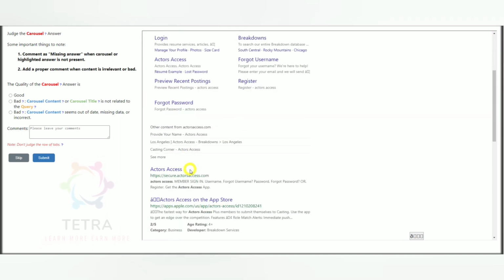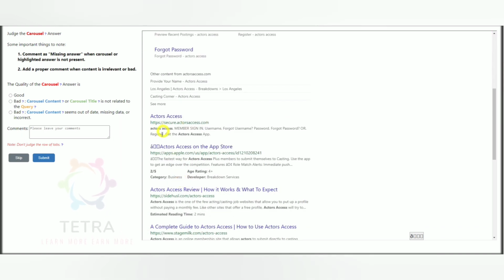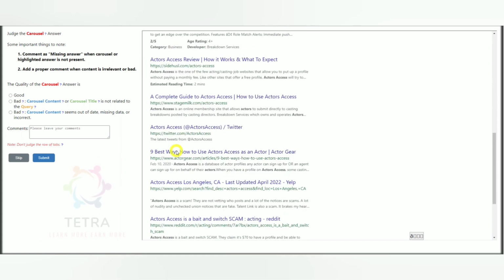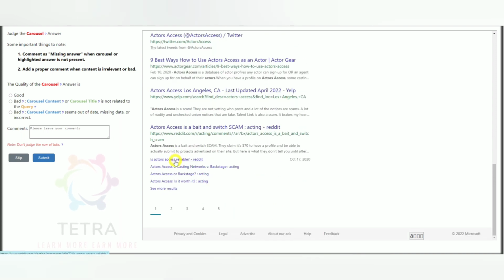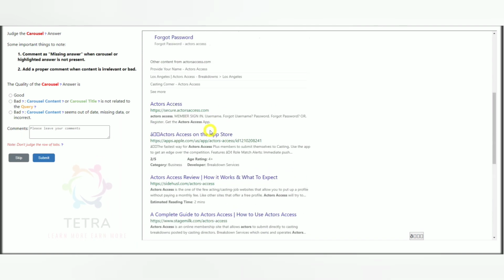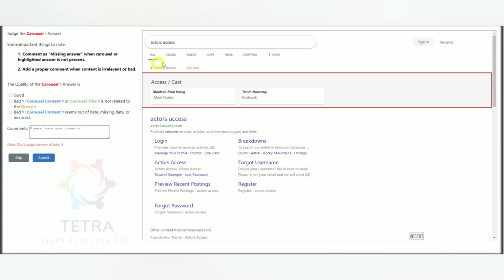So this is the first result. Second is actor access member sign-in username. So this is similar. Let's search for more results so that we have an idea. Bait and switch scam in Los Angeles. So these are the things we are getting here.